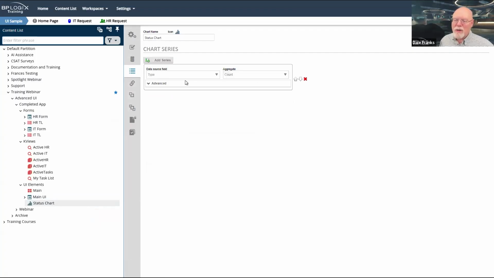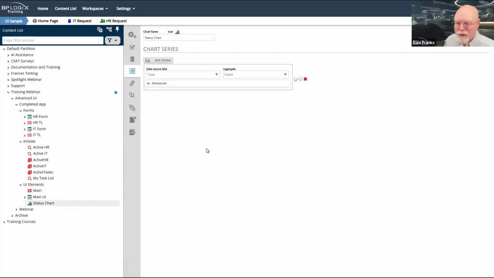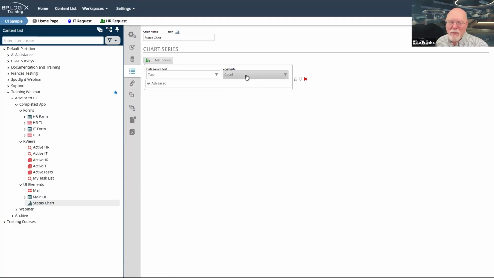And it just shows me the count of each of the different items in my knowledge view. So the type field basically tells me whether it's HR or IT, and then it just performs a count. Again, we're not going to go into how charts are created. I have a whole webinar on how to create charts, and so for details, refer to that. But those are the pieces that I need.